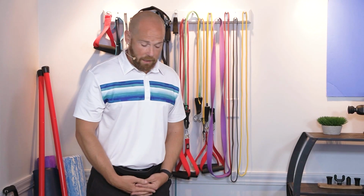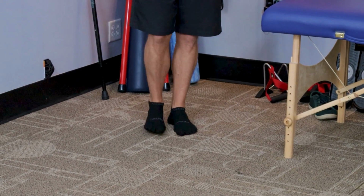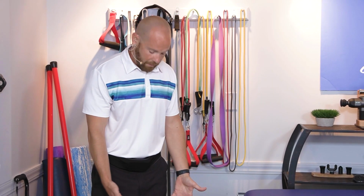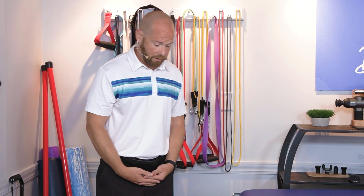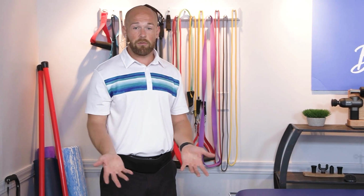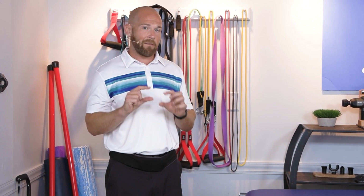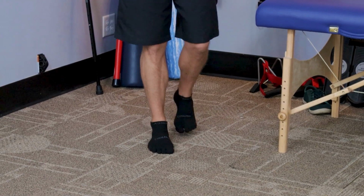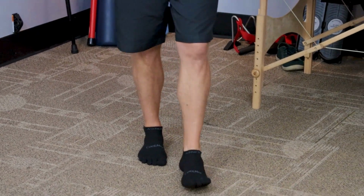When you start walking like this, you're naturally going to have to start taking shorter steps. Notice if I take a large step, I normally want to land on my heel. I'm also doing this in my socks. You can do it barefoot as well in your house because it's going to allow you to walk properly. When you still have an elevated heel shoe at home, it's harder to land on your forefoot. So when I'm walking, I'm going to take shorter steps and focus on landing on my forefoot,